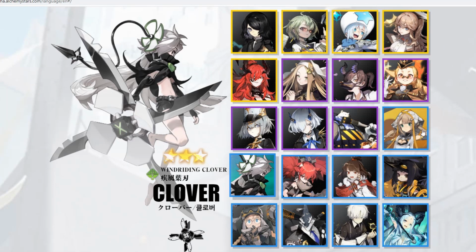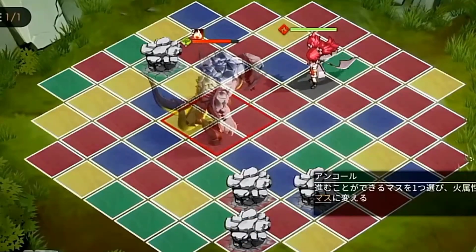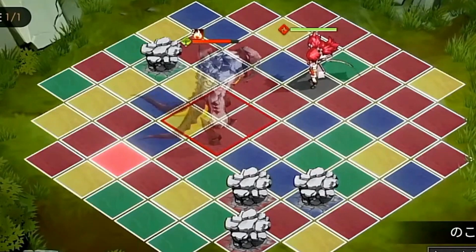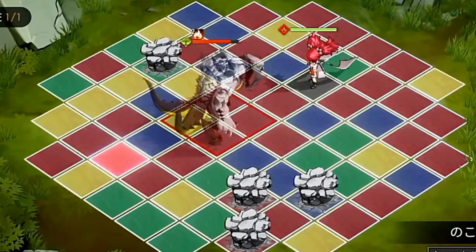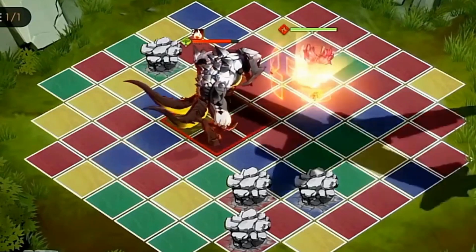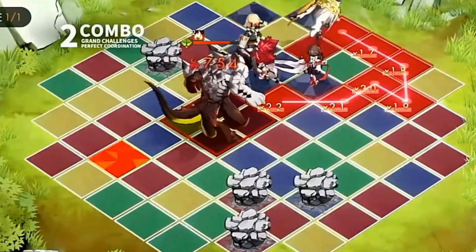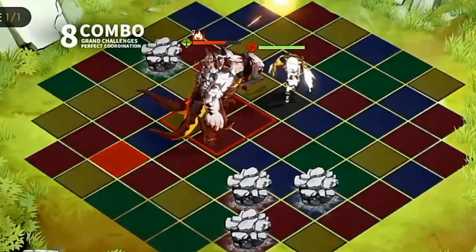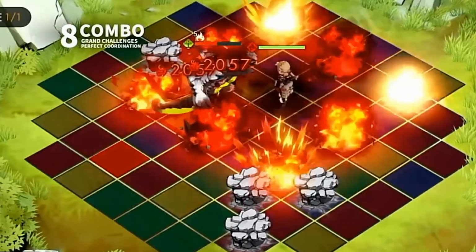Then what we have next is, all right, so Tiny One converts 1 traversable grid to a red prism grid, and then what she does is after using an active skill, Tiny One's normal attack damage is increased by 50% for the rest of the round. That's what she does. But again, she's a 3-star, lower base values, not the best. She has a 2-round cooldown on her active skill,